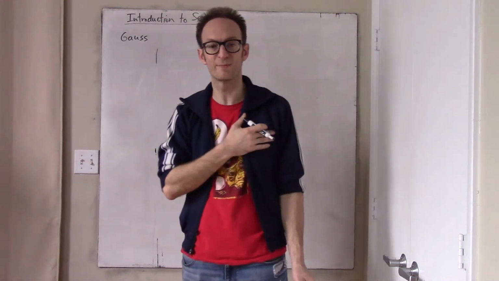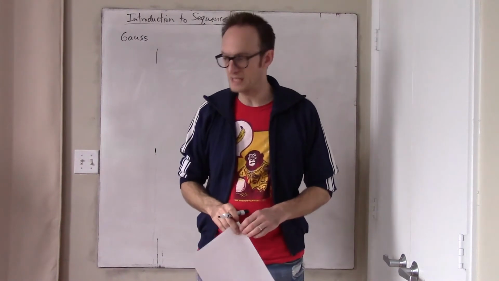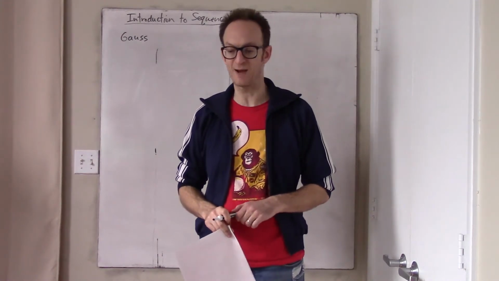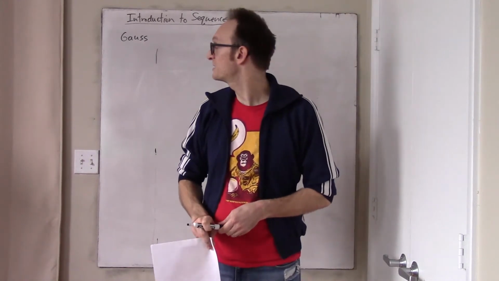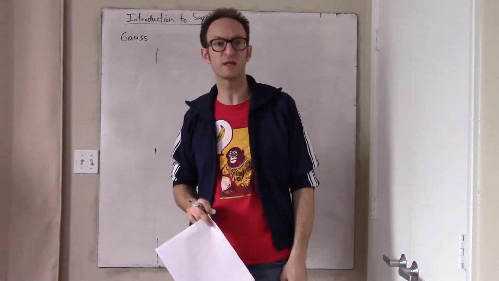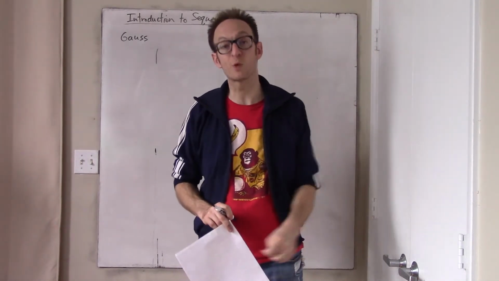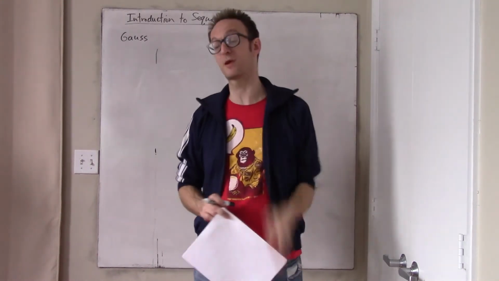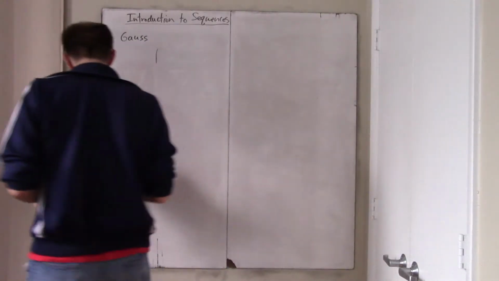So there's this story of him, which once again is not true, but he's 8 years old or something like that, and he is very, very smart, and therefore being annoying and acting out in his class in Germany. His teacher says to Gauss, go off in the corner and add up all the numbers from 1 to 100, thinking that would keep him busy, and then he pauses for basically 1 second and gives an answer. So how did he do such a thing? How can you add up all the numbers from 1 to 100 so quickly as opposed to actually calculating them? Well, the idea is something like this.